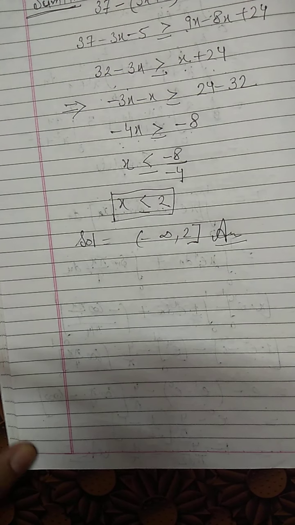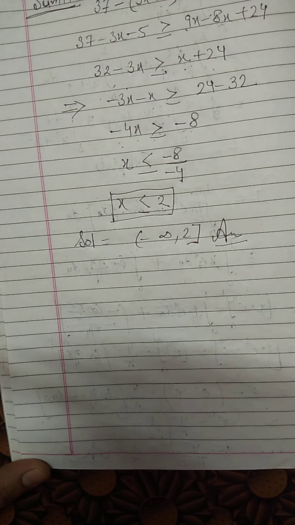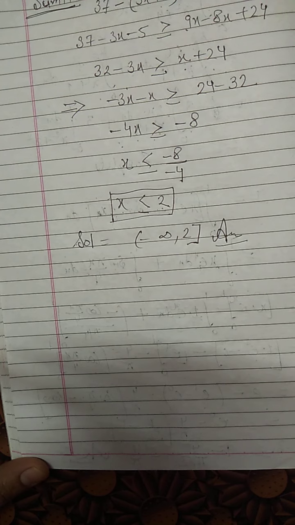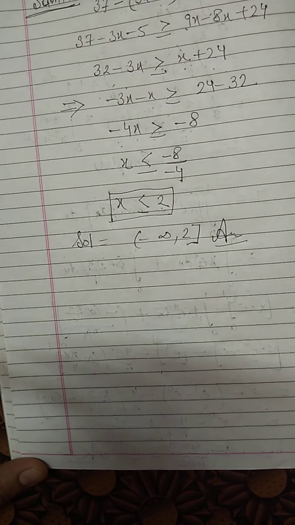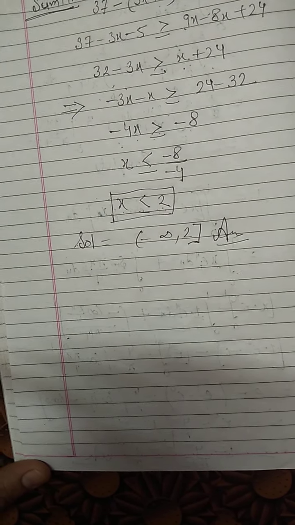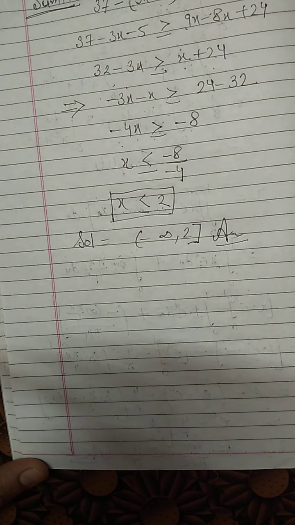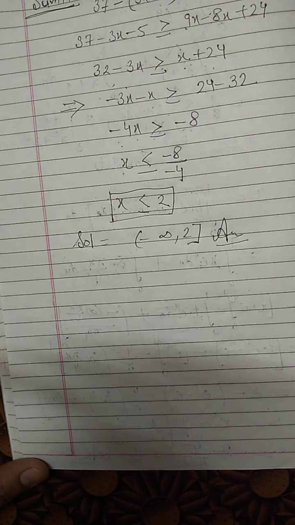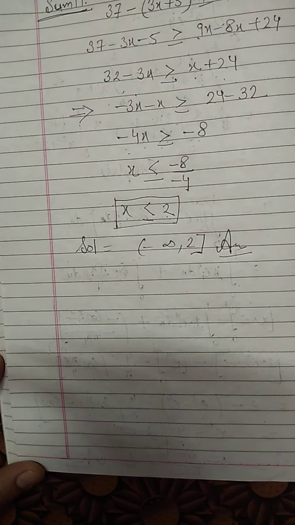Now till sum number 16, we have to do the sums in the same way. Right, you will be solving both the sides of inequality with the proper rules and getting the solution for all real numbers only. Okay. Now sum number 17 to sum number 20, we have another way. For sum number 17 to sum number 20, the statement is that we have to solve the inequalities and we have to show the graph of the solution in each case on the number line. Now whatever solution we are getting, we have to show the solution on the number line.